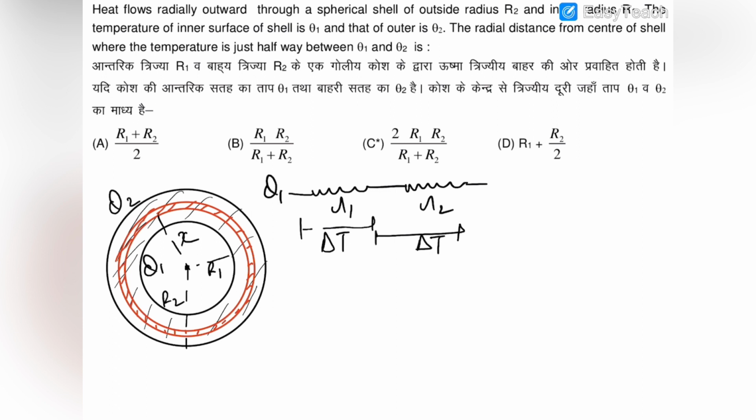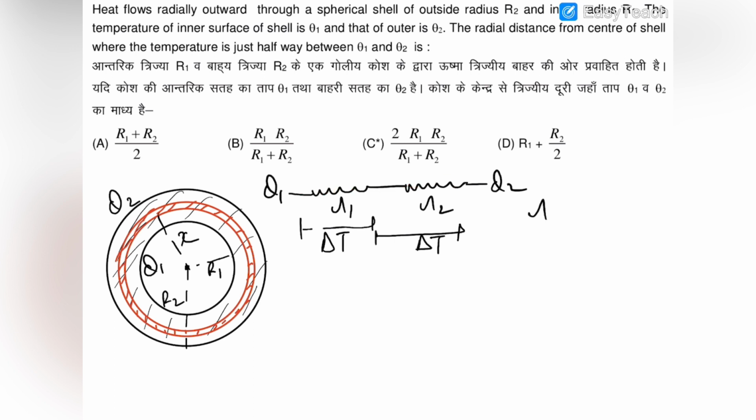So this is θ1 and this is θ2, and this temperature difference should be just half of this difference. So it means that in series combination, for half temperature difference, we can say